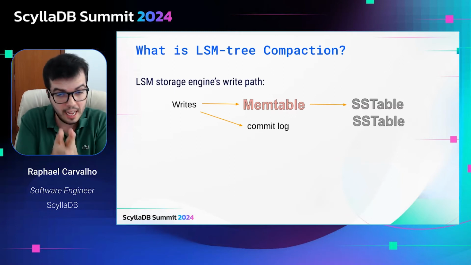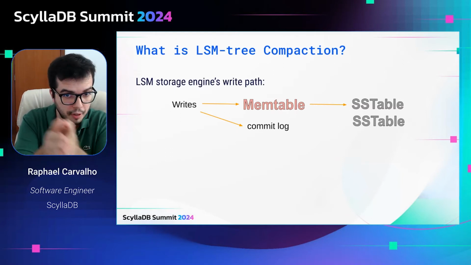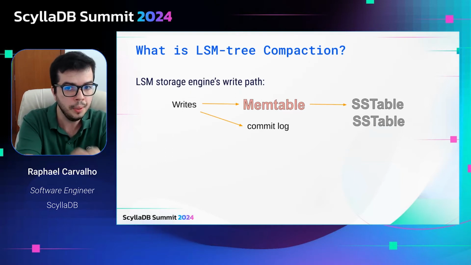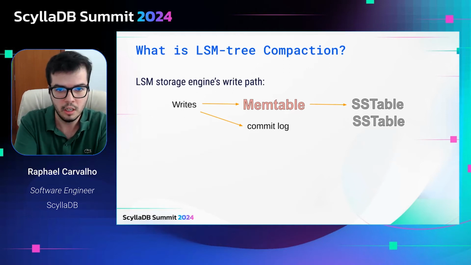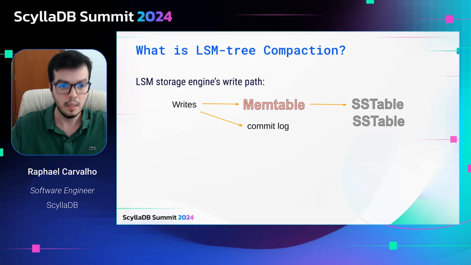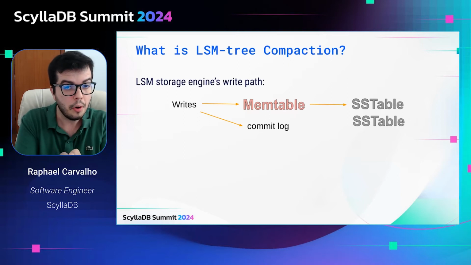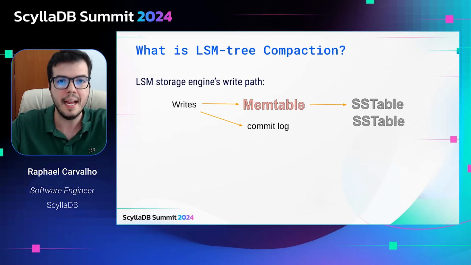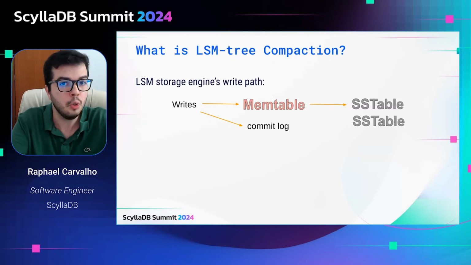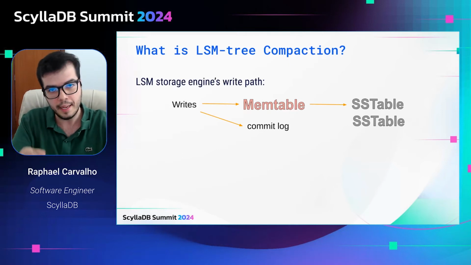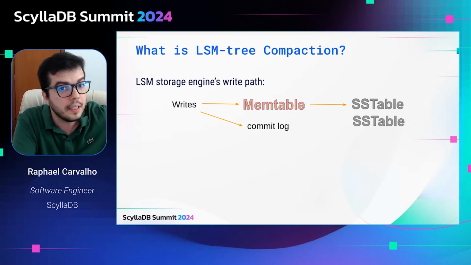After a while, we are going to have many separate SSTables, and those different SSTables that you have accumulated may contain redundant data, like old and new values of the same cell or different rows in the same partition. The problem with that is that by having redundant data, you're wasting disk space and also adding read amplification, the reason being that you have to read more data because you have redundant data, so you have to read both the old and the new cell,